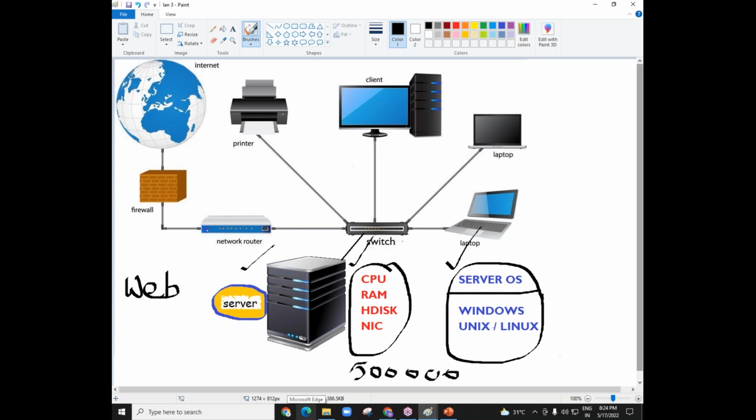You say facebook.com. When you say facebook.com, what happens? You are connected to the Facebook server. You say youtube.com. So where is youtube.com? youtube.com is running on a server. So whatever you do over the internet, or whatever we do within the company, literally we are connected to a server, my friend. And this server is a hardware machine as well as an operating system.